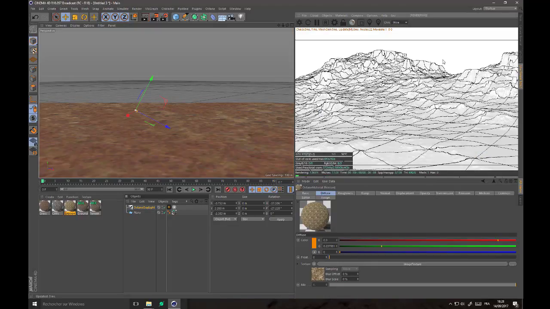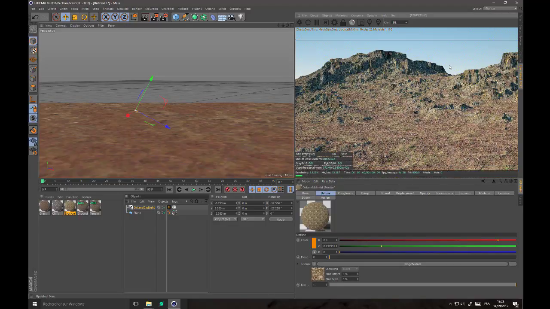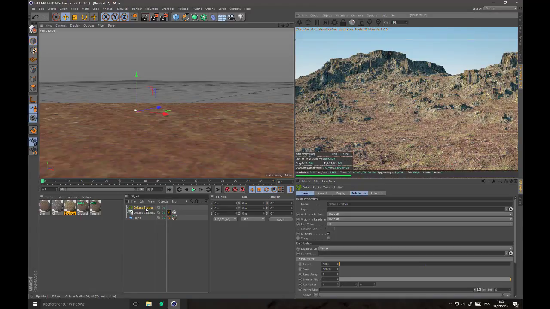If you want to see the wireframe, here it is. You have all your tiles that are displaced, regardless of the number of tiles there are. I'm currently staying in direct lighting to reduce the update time. So let's add our rocks. So first add an Octane Scatter object,